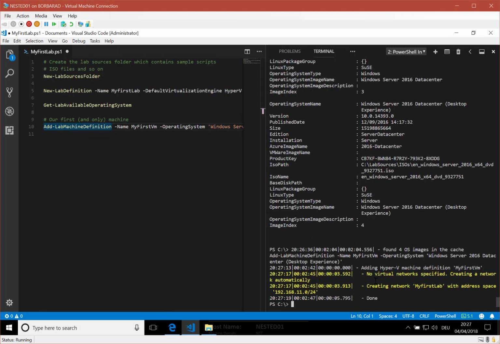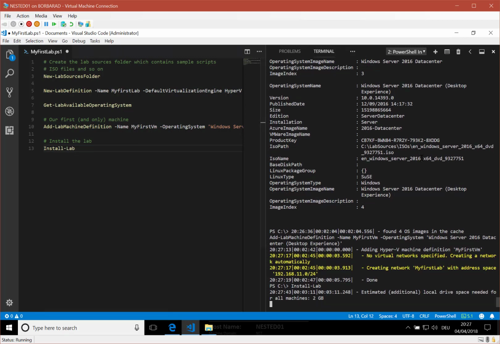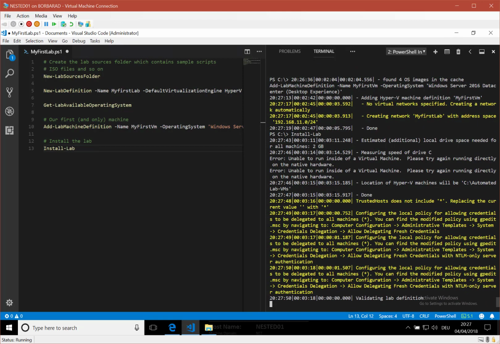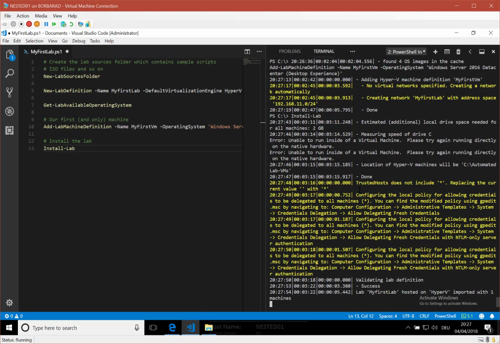And you can see here in the meantime that AutomatedLab automatically creates virtual networks for you. In case you've wondered which IP address your machine will get, this is done automatically as well. The last step we need, and this is actually where the magic happens, is Install-Lab. So just call the command Install-Lab, and everything will happen for you. There are a couple of settings that we are setting. For example, we will set trusted hosts to a wildcard, which is probably not the best choice.